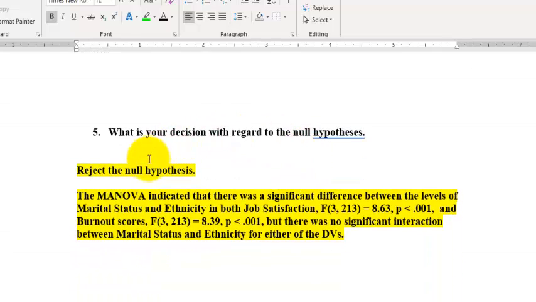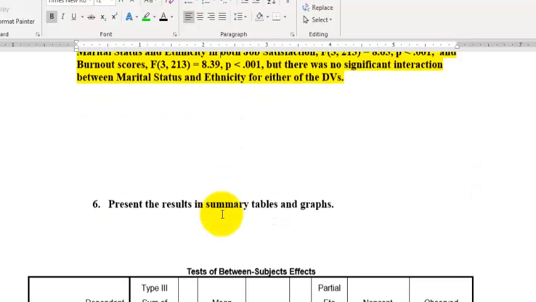Next question. Again, reject all the null hypotheses. The null states that there's no significant difference anywhere, but the MANOVA indicates, yes, there's a significant difference everywhere, right? So both of these, ethnicity and marital status, showed a significant difference for both job satisfaction and for burnout. And there's your APA formatting. He didn't ask for that, but there it is.